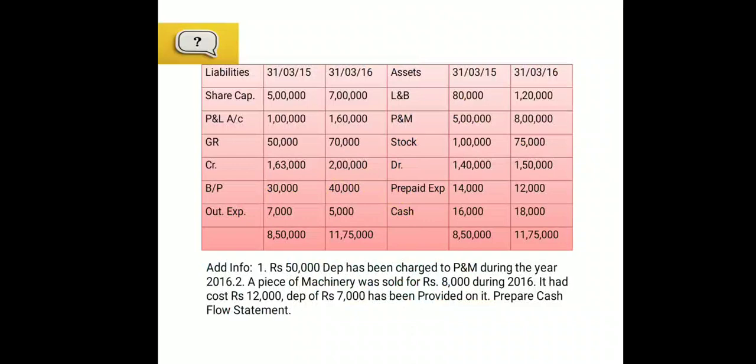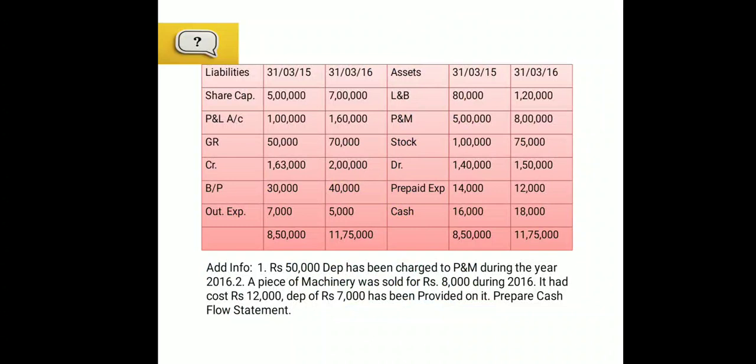This is the question given, where we have one company's details, two years' balance sheets, and we need to prepare the cash flow statement as per Accounting Standard 3. For 15 marks it is generally the indirect method, and for 5 marks it is generally the direct method. Today we will solve with the indirect method. In the next class we'll do one more problem with the direct method also.